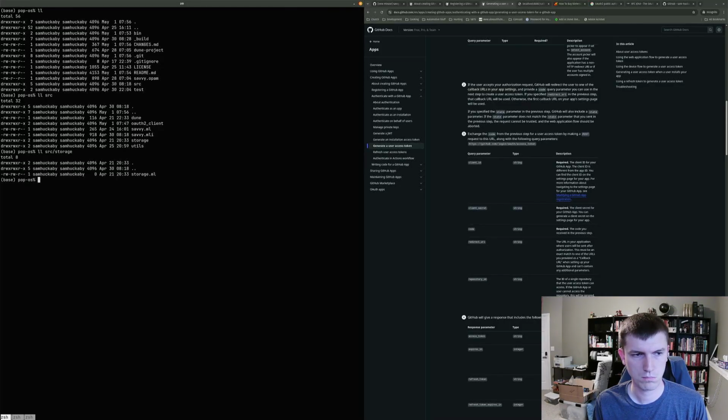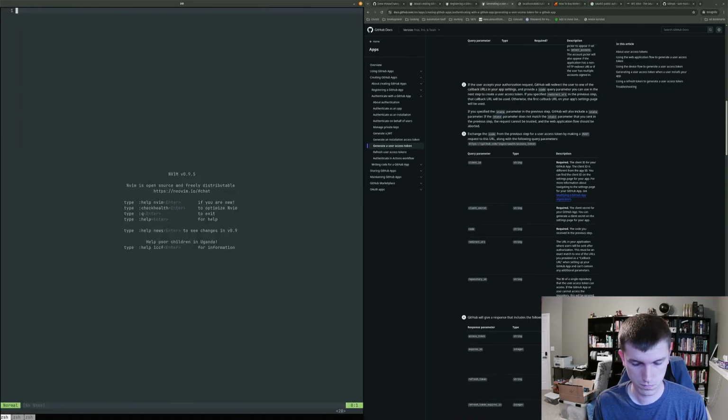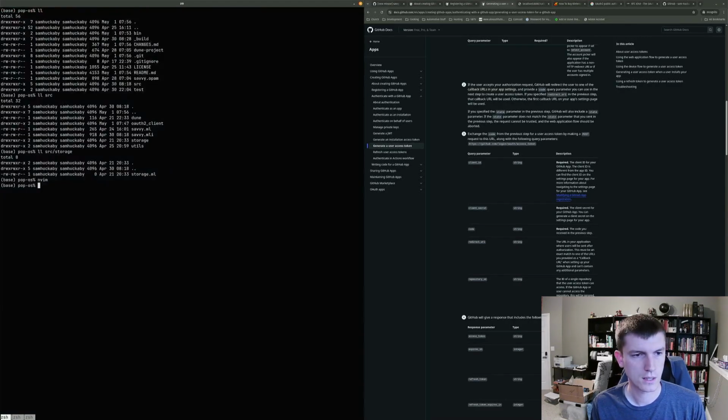Did I put anything? There's a file in there. Didn't end up using it though. Cool. Let's delete that. src storage, ML, and then rm -rf storage as a directory. Cool.